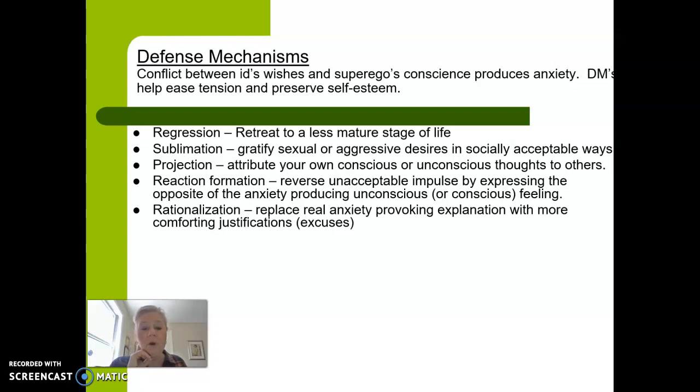Now, rationalization, whatever. It was okay to cheat on that test. I mean, really, it was an unfair test. Like, Mrs. Mathers didn't even teach us that material. Like, she thought we were going to read the textbook. Like, seriously, that was an unfair test. Okay, that's rationalization. It's basically making excuses for things, for example, for not being prepared for a test, for not studying the material that you're asked to study.